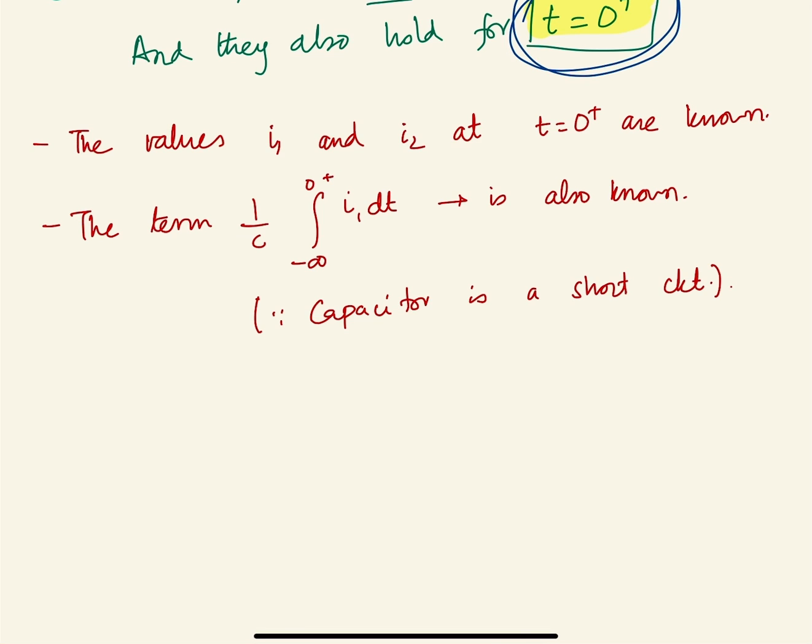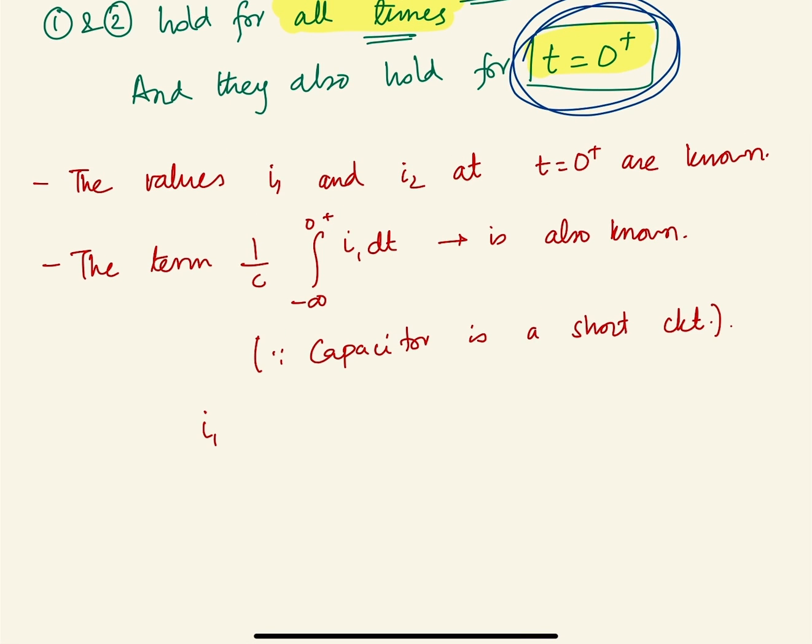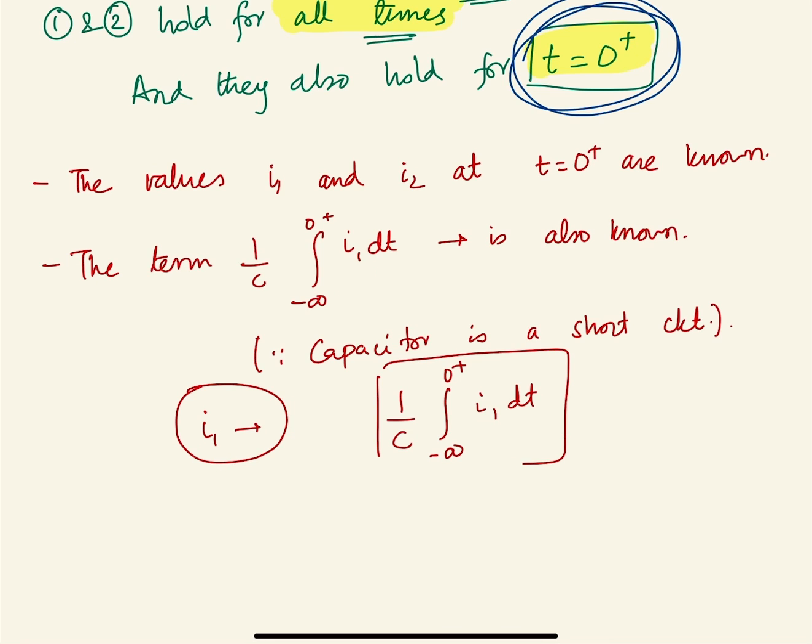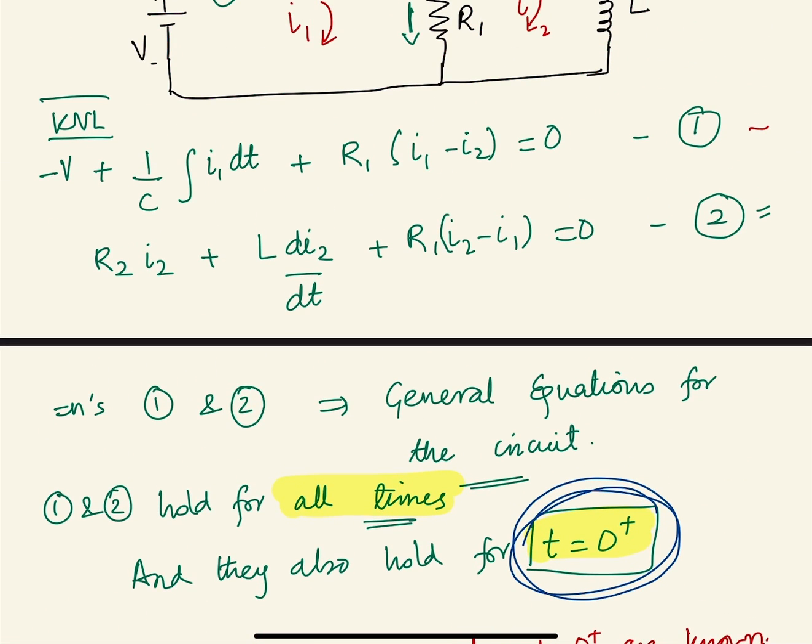Since the capacitor is a short circuit, whatever current I1 is present, that current is flowing through the capacitor, and hence this term I1 is 1 by C, integral from minus infinity to 0 plus of I1 dt. This is known to us. Now next, if you go back to the equation here,